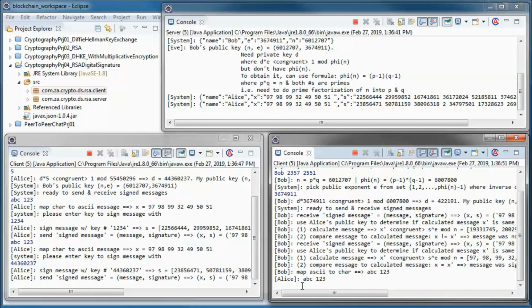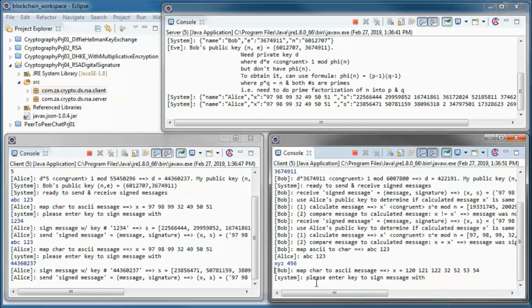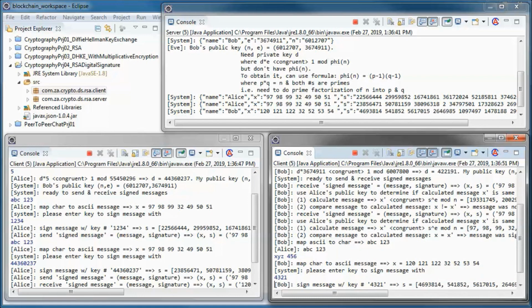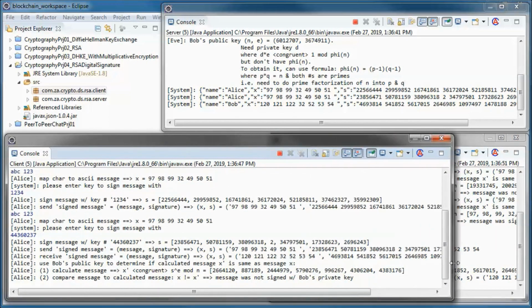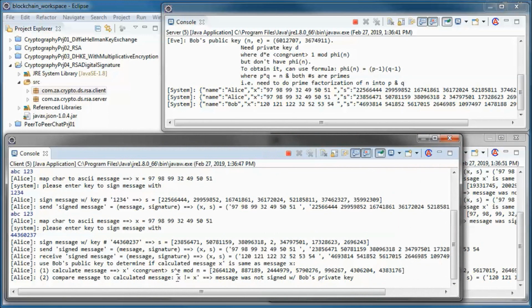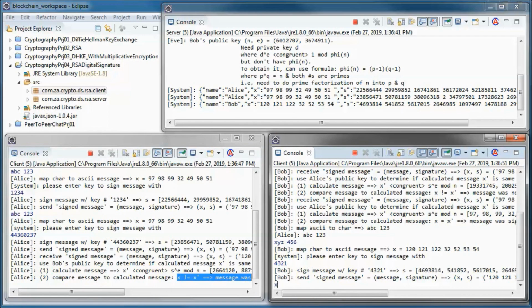And let's have Bob try to send this message to Alice and sign it with a made-up key. So Alice determines that the message was not signed with Bob's private key. So let's have him send that message again.